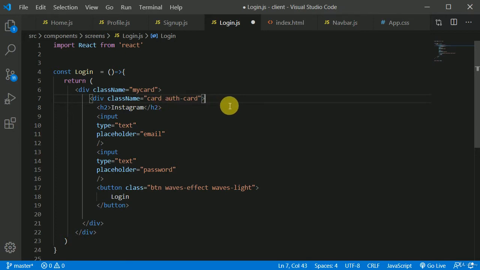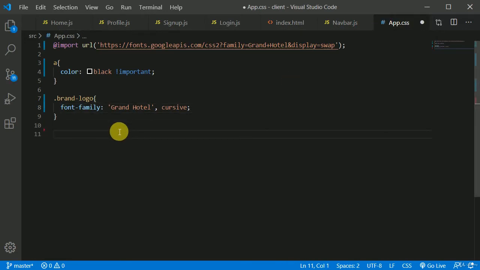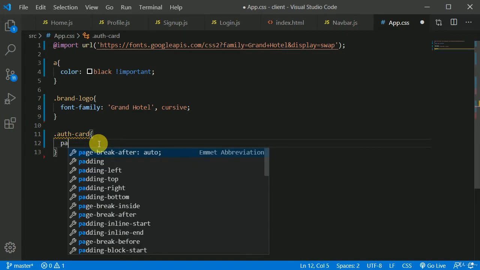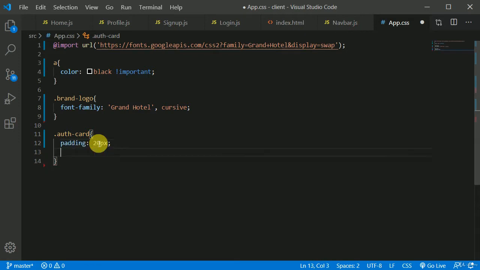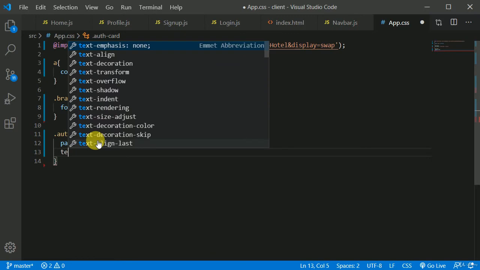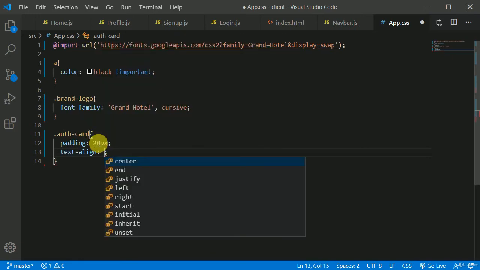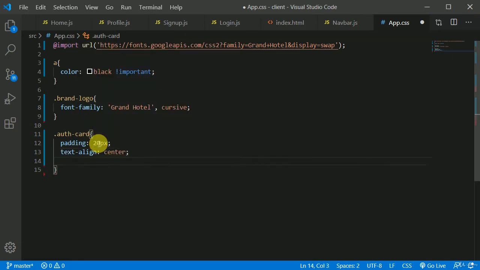So let's add a little bit of styling to both. So I'll select the auth card, and first of all I'll be giving a padding of maybe 20 pixel, and I want the text to align center to center the button maybe, and it will have a max width of, let's say, 400 pixel. Let's see how it looks.